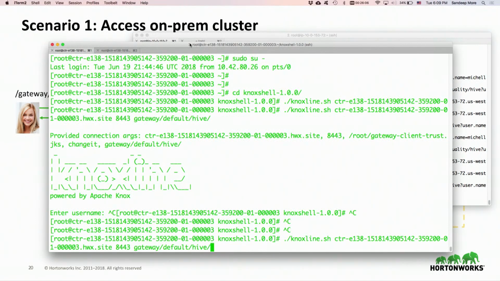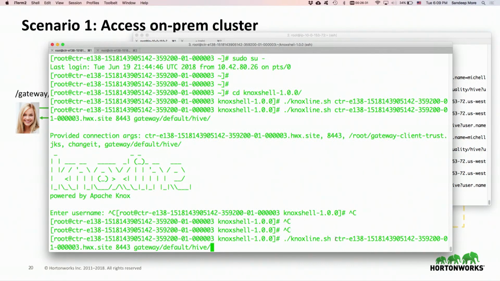So this is an example of Knox line. What Knox line is basically, it's Knox shell, and it's just using a GUI script. If you're interested in Knox line, just Google Knox line. Larry has an amazing blog written on how to use Knox shell, which you use to connect the JDBC with Hive. So what I'll be using is Knox line, and I'm using